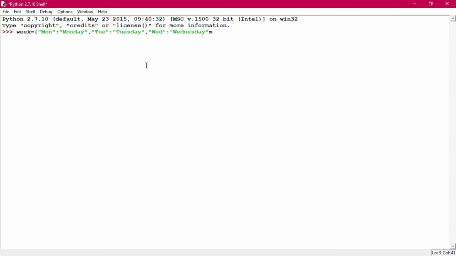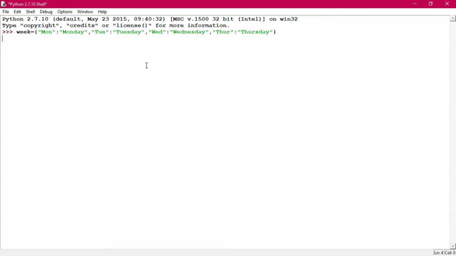Then after Wednesday the comma will appear, and then THUR colon Thursday. So these are the four elements of the dictionary and it has been created successfully.